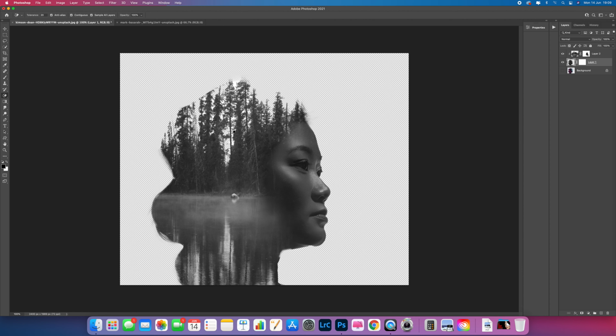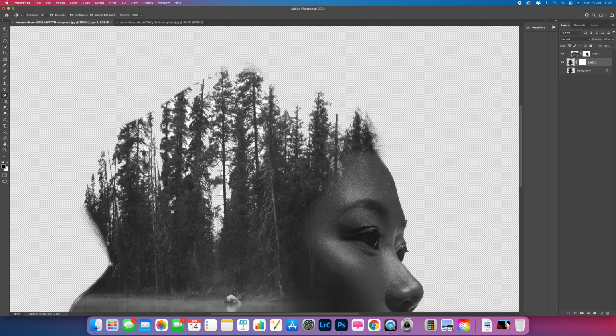just fine tune. And if you press the shift key as well, you end up with a cursor, a crosshair, rather than the actual eraser tool. So take your time, you can just dab away. Now for me, the main aspect is these top areas here. Can you see? I want these to look like tops of trees. I want them to look sharp. But just doing these little bits here will help you in the long run and give you a better